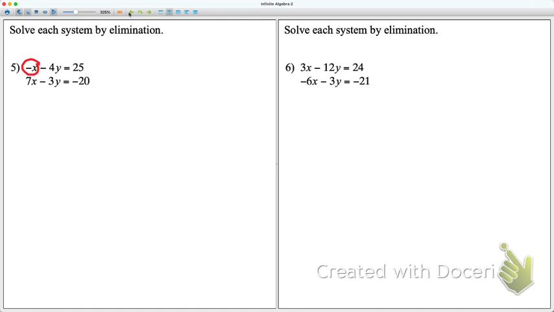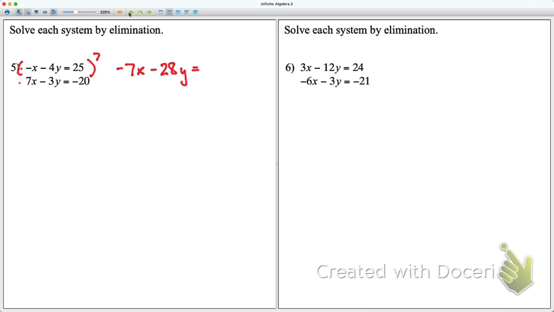Henry, I don't want a negative 7 because this is already negative and this is positive, and if I did a negative 7, it would turn to a positive. I want it to be 0. Okay, so I'm going to multiply this whole thing by 7. Everything in it. So I get negative 7x minus 28y